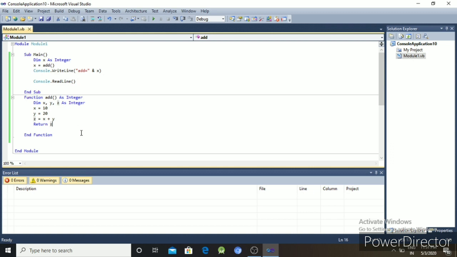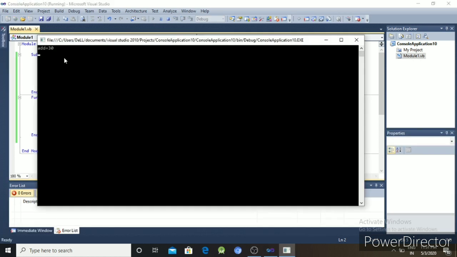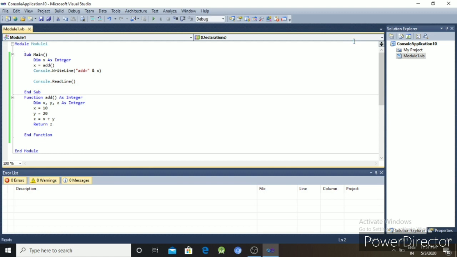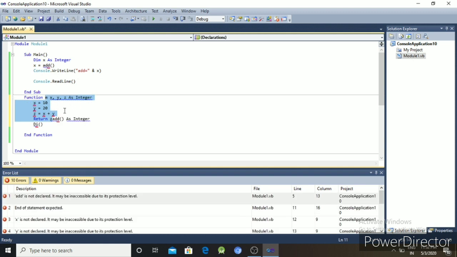We will see the output. It is written as integer type. So this function we can reuse. This is the function without argument.